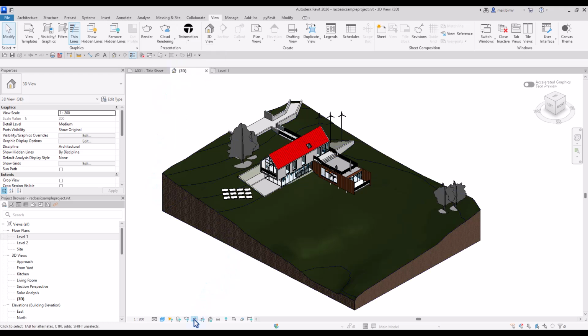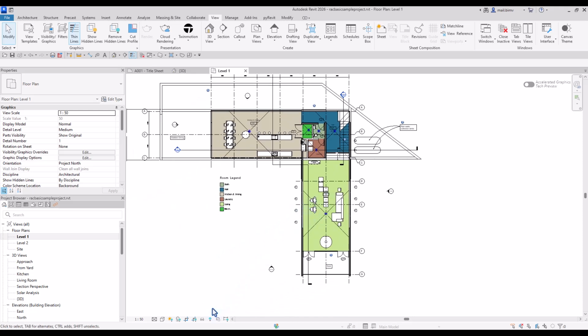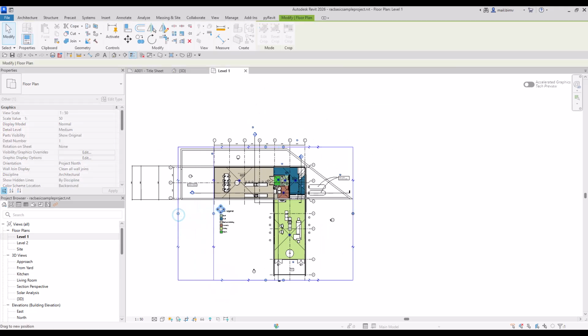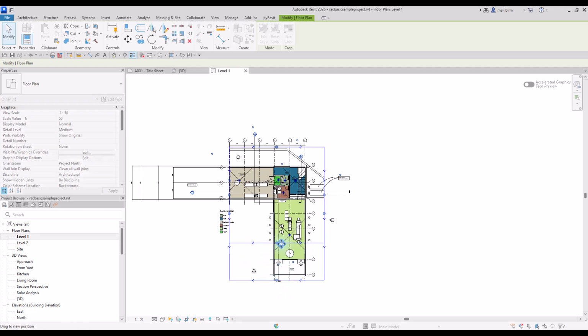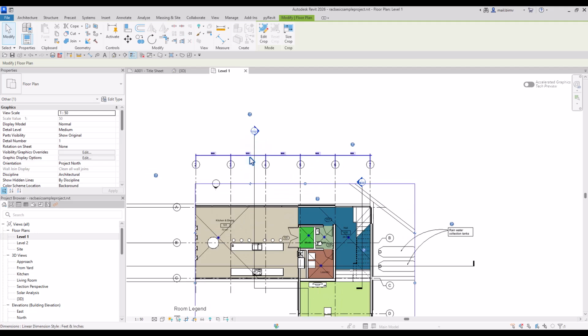Next to the rendering dialog, we have cropping options. The best way to explain it would be on the floor plan. So we have those 2 icons. One allows us to display the crop region, and now I can drag and resize it using these shape handles. But you may notice that I'm cropping only geometry. Annotations stay the same,